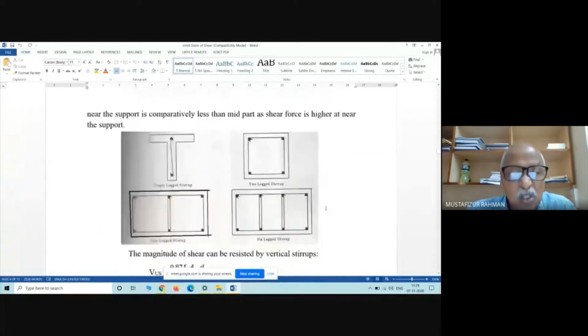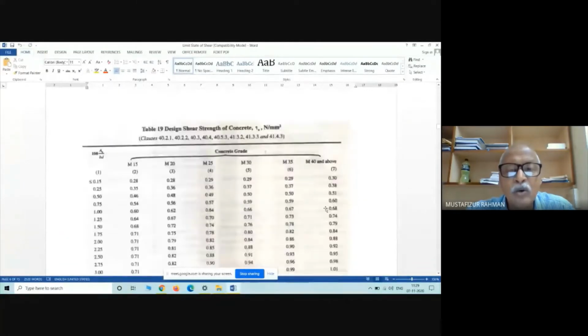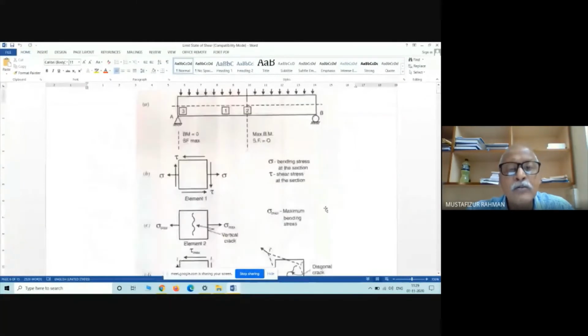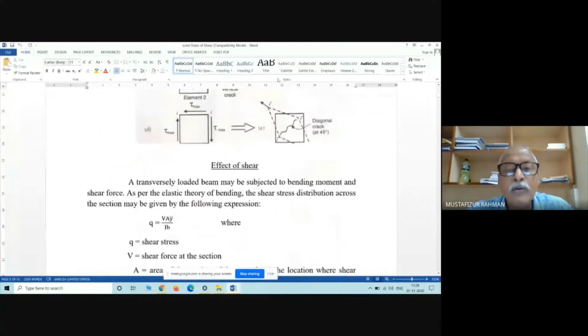see here, I had told you that the shear failure is going to occur. With respect to this figure, shear failure is going to occur along this axis. Along this axis, it has a tendency to form a diagonal crack. This part has a tendency to go on this side, and this part has a tendency to go this side. So here, if we provide some rod in this way,